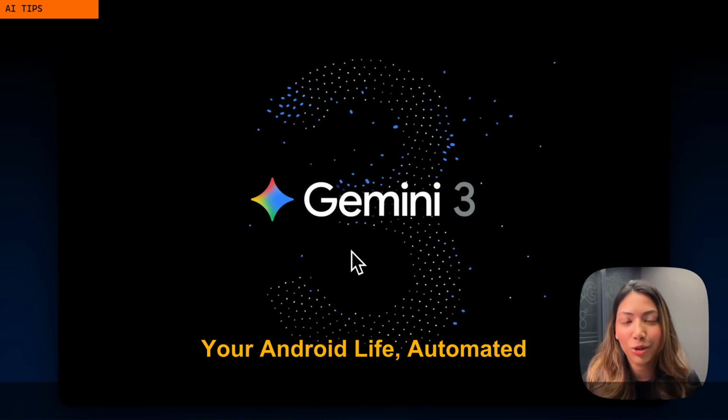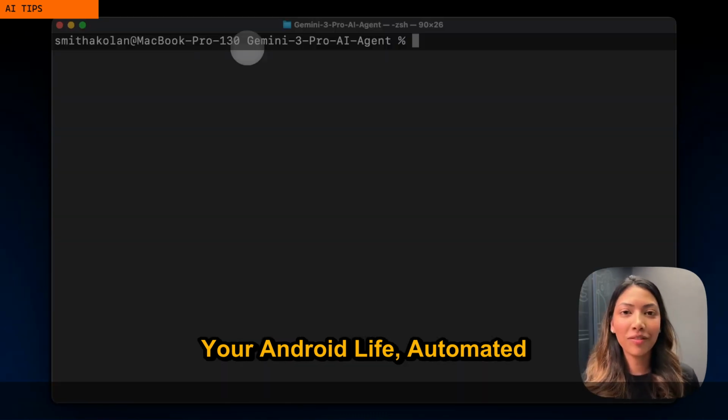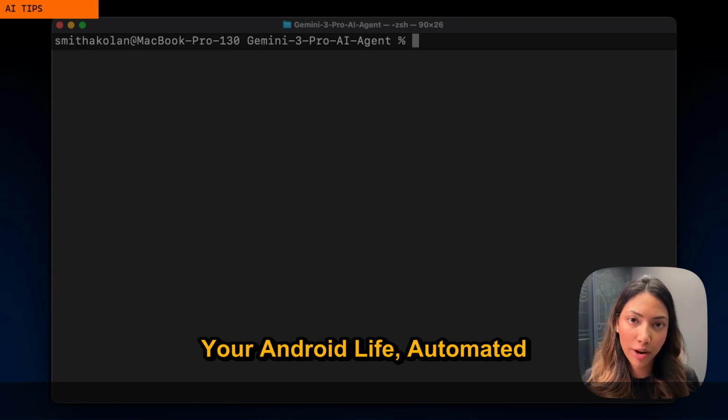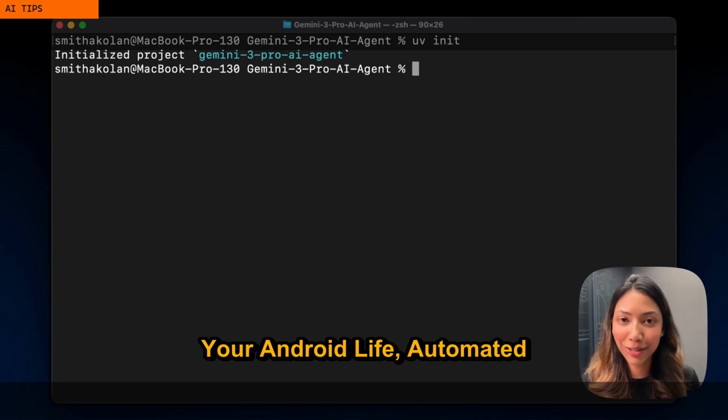entire Android ecosystem. Get ready to automate complex, multi-app tasks, saving you precious time and mental energy you didn't even know you were losing. Let's be honest, our digital lives are often a mess. We're constantly switching between apps: calendar for appointments, a movie app for showtimes, a banking app for payments, a mapping app for navigation. Our devices, designed to make life easier, often feel like isolated islands, each demanding our attention in